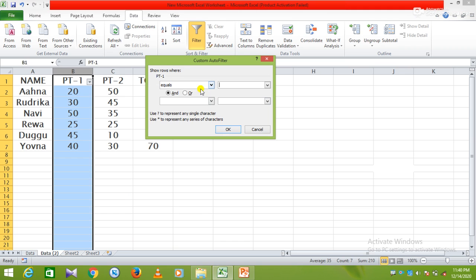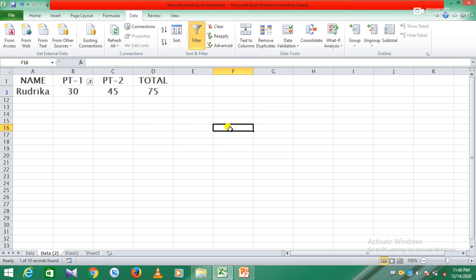You are to give a specific criteria that you need, like I want equal to 30. Equal to 30, then click on OK.